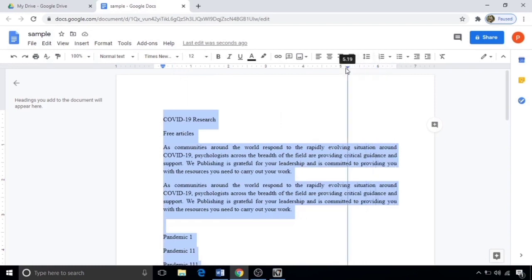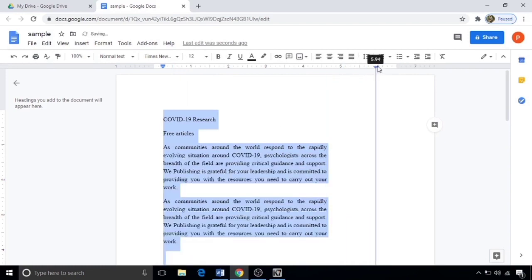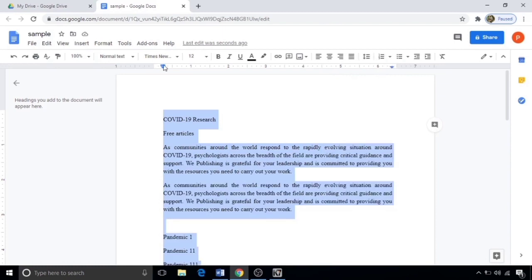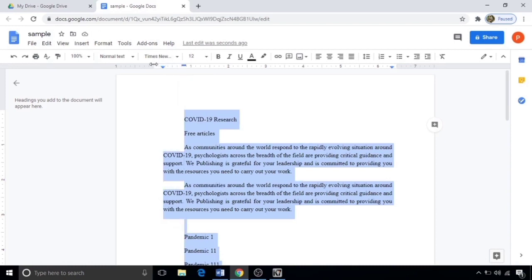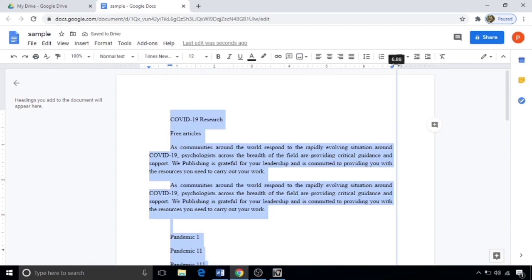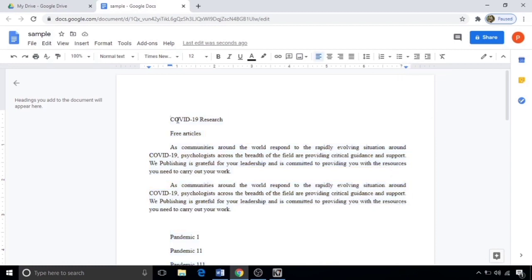Similarly, adjust the right indent. Adjust the first line indent in each and every paragraph like this. See here, the double-headed arrow. You can adjust your margin also like this. Likewise for the right margin. I want the topic as usual on the left. So select and adjust these two lines only like this. Center the topic. So select here.